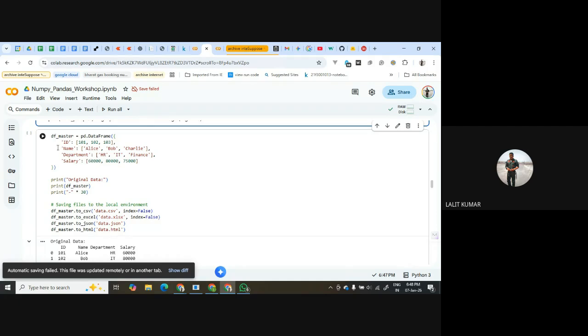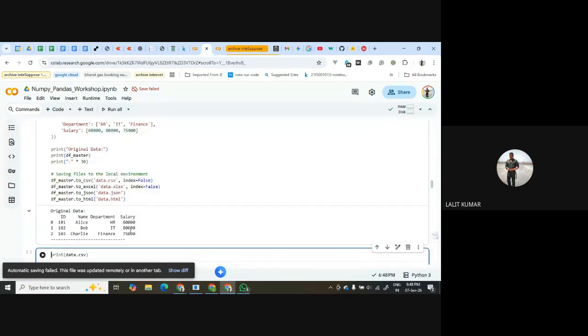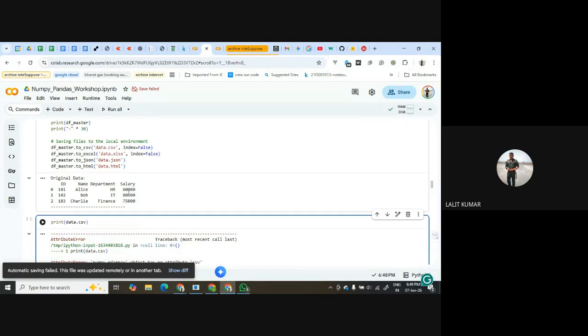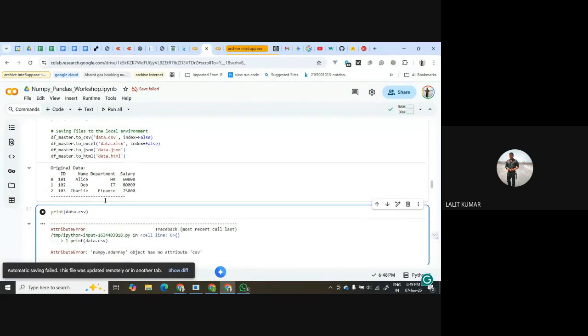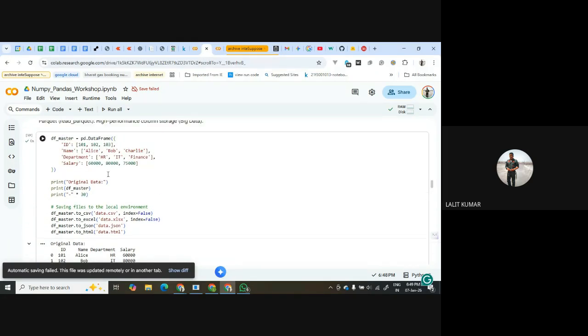Okay. So what we will do, we will create a Pandas data frame, and then we will convert this data frame into CSV, Excel file, JSON file, and HTML file. And then we will see how to read this in our Pandas. So see, we have got data.csv. This data frame which is there has been converted to data.csv.